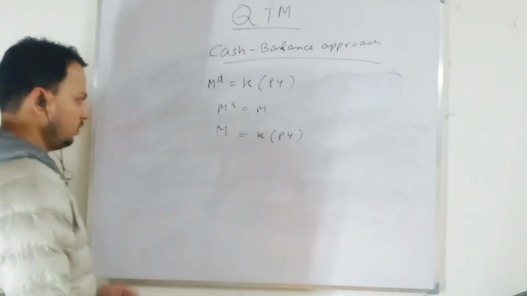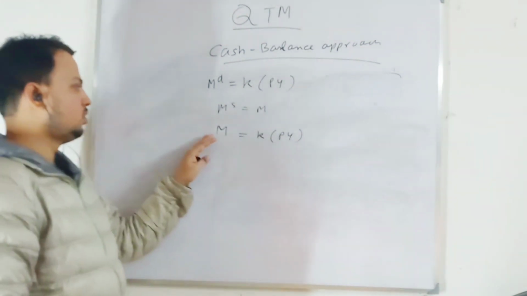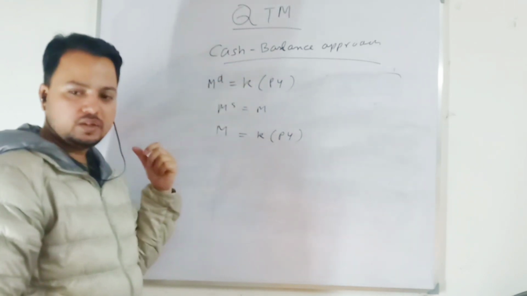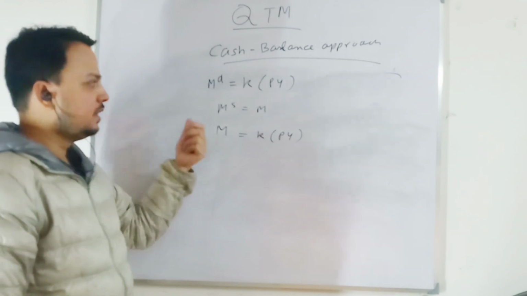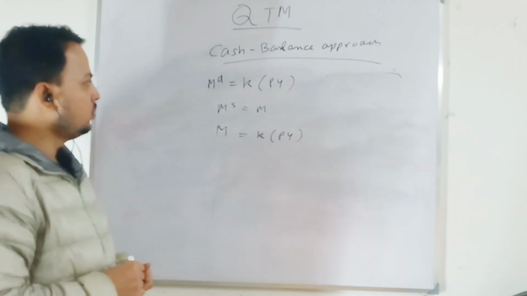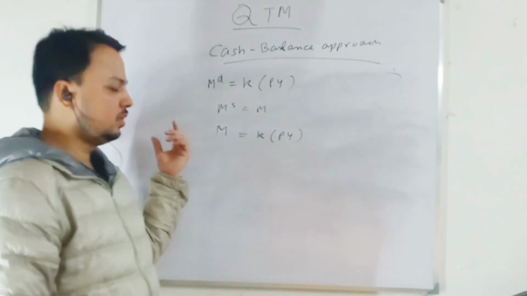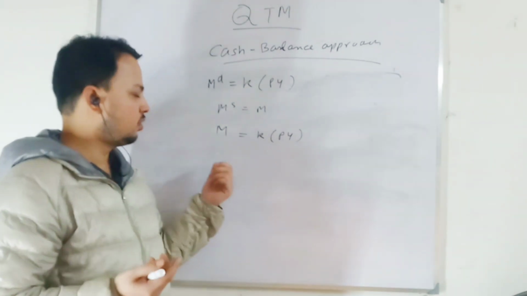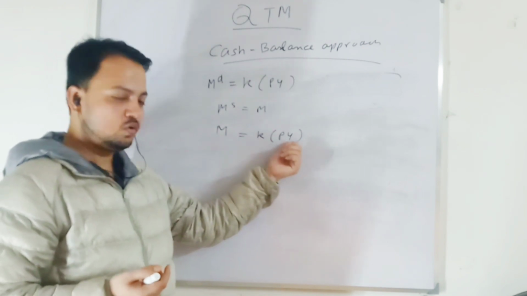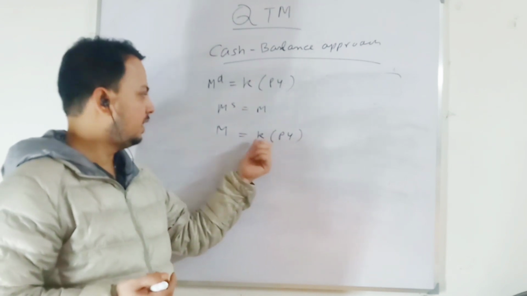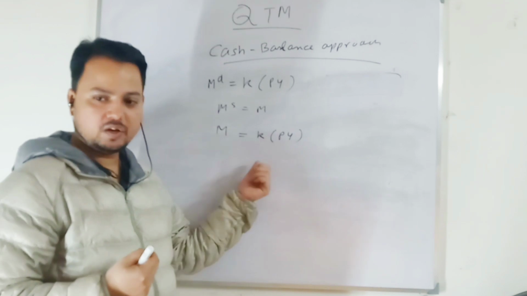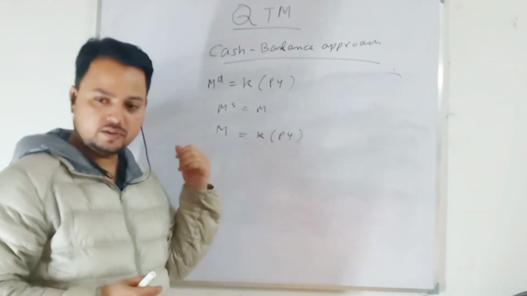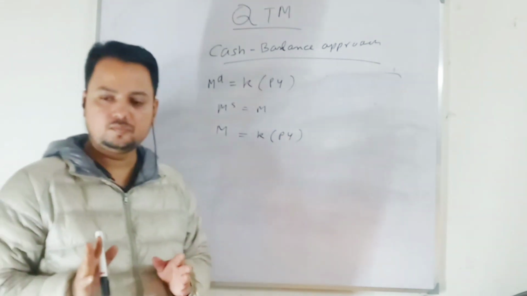Now I am going to compare this Cambridge formulation with the velocity formulation. In the Cambridge formulation, they are using the same things: the quantity of money, output, price level, and how money is moving, a kind of velocity. When we make the assumption, their velocity is fixed by institutional factors. Yes or no?